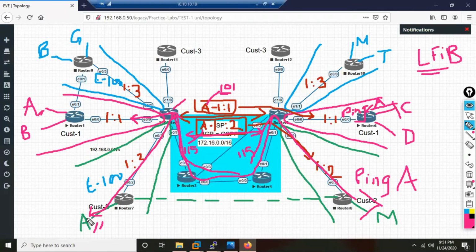Once the route becomes a BGP route, LDP says, sorry, I'm not going to generate a label for this route. So BGP says, okay, LDP, no problem. We can both enjoy life. You do your job, I'll do my job. You generate labels for IGP routes and static routes, and I'll generate labels for my own routes. We can both live happily together. No need to fight, no need to conflict. We can live together peacefully. Correct? Clear, guys?